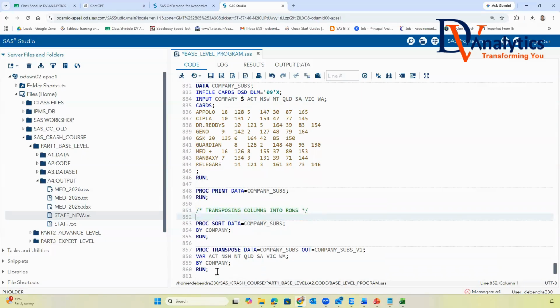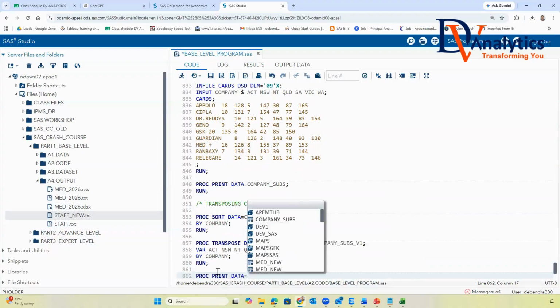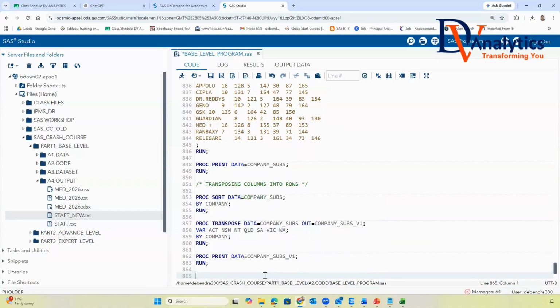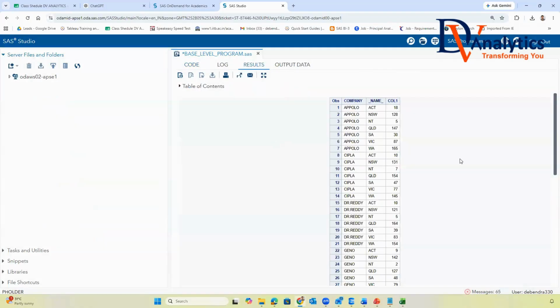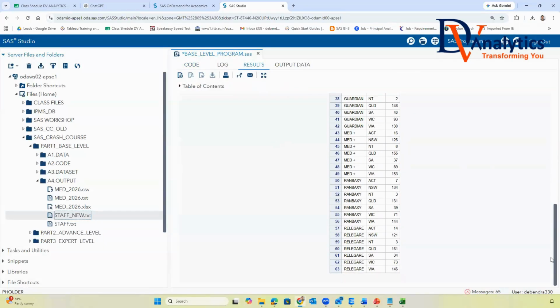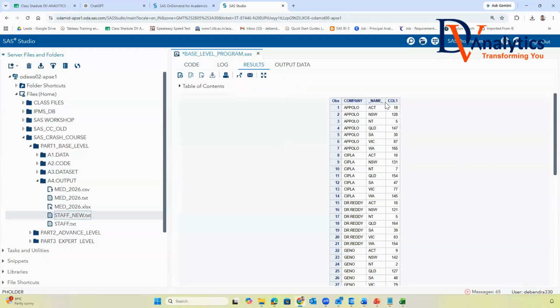If you say proc print data equal to company subscriber version 1 and run this program, what is happening? It comes as 63 records. Are you getting this now? Yes, sir. What is the confusion? Underscore name underscore and col1. This is state code, and this is the subscriber.